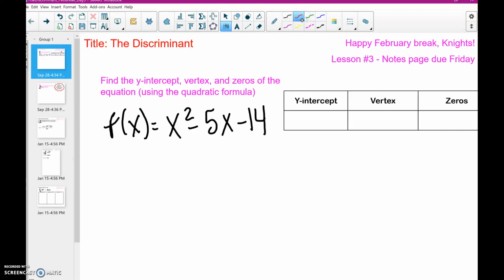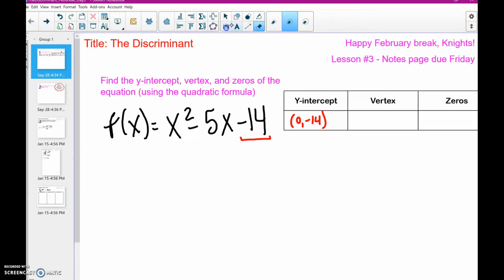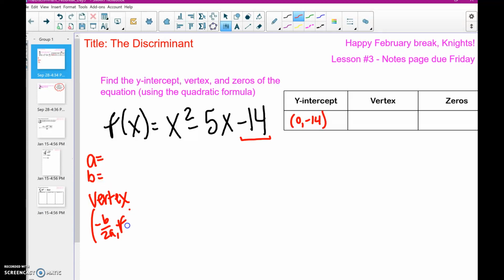So y-intercept is very easy to find. That's just our c value in standard form. So we know our y-intercept is 0, negative 14. Perfect. The vertex, that is that formula, the negative b over 2a and a function of negative b over 2a. So let's figure that out, because when we find our a, b, and c value, that'll help us for our quadratic formula. So for the vertex, again, we're finding vertex, which is negative b over 2a and a function of